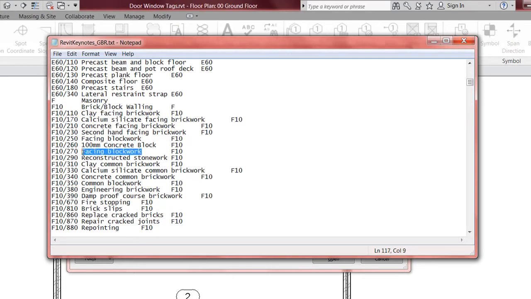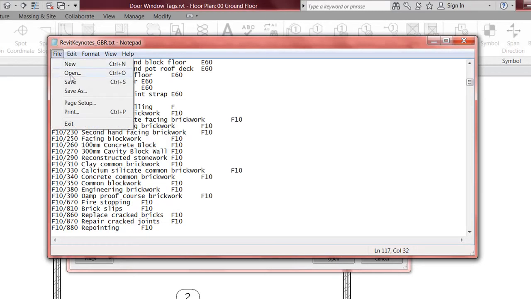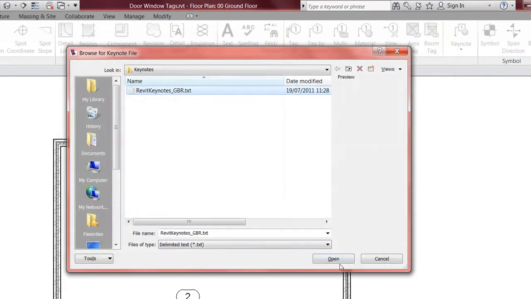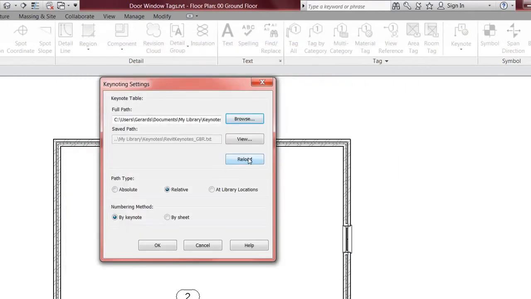and I want to make this 300 mil cavity block wall, and I want to save this. I want to exit and open and reload. So click OK,